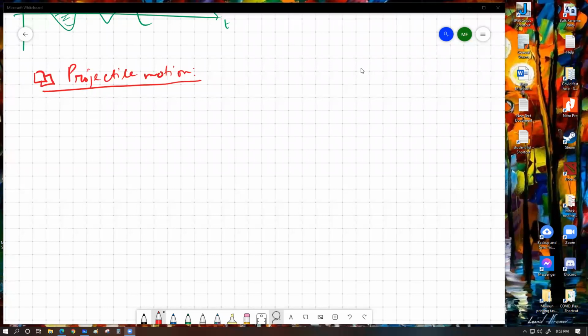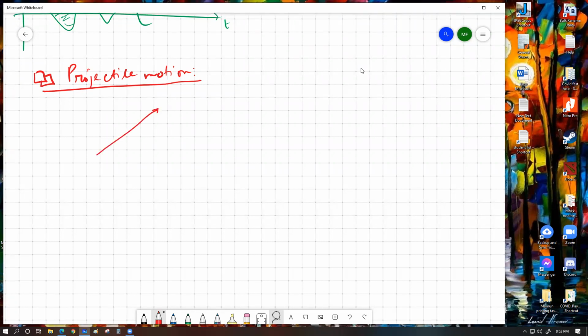Before I jump into the whole basic concept of projectile motion, I would like to give you a little bit of concept for what we are trying to do over here. What would be our end goal? First thing is this: if we ever have a vector quantity, whatever that vector quantity is, let's say a vector quantity is given as R,